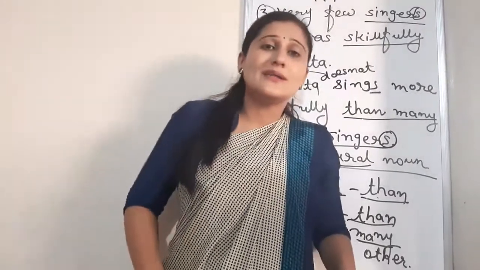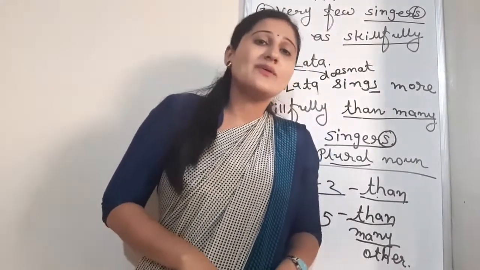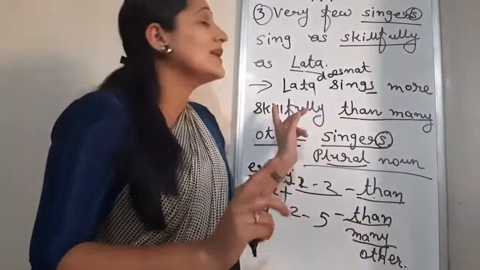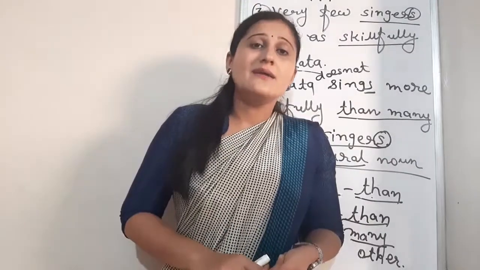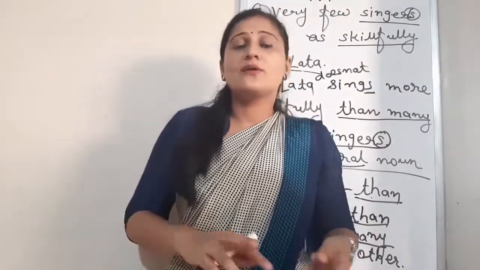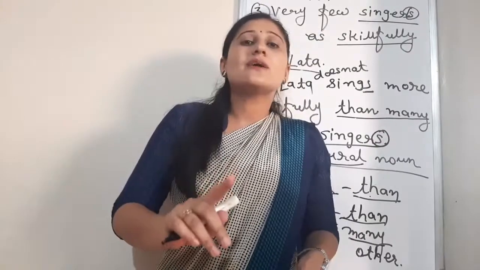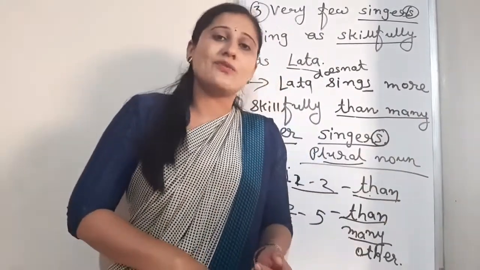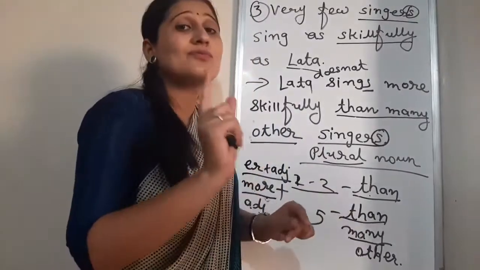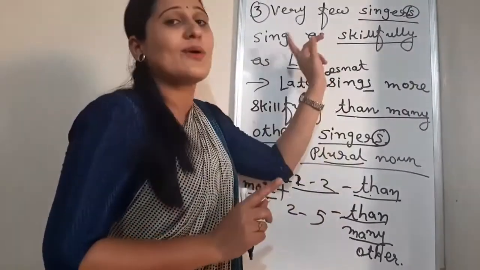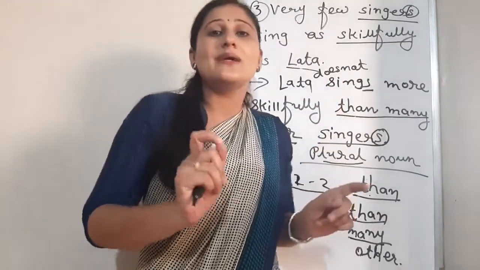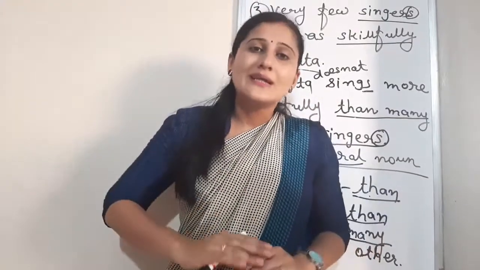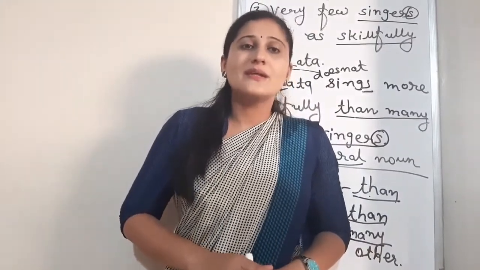I hope you have understood. Some examples I have given in the worksheet. So properly read the rules. I have given the rules also, right? Maybe you can note down, or if you don't want to note down, no problem. Just read, revise and solve the examples that I have given in the worksheet. And remember, the first method I have explained, from PD to CD. It means from positive degree, how to convert into comparative degree. Read, enjoy your study. Thank you.